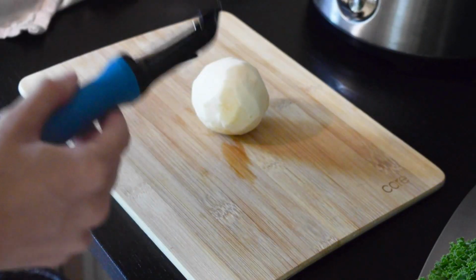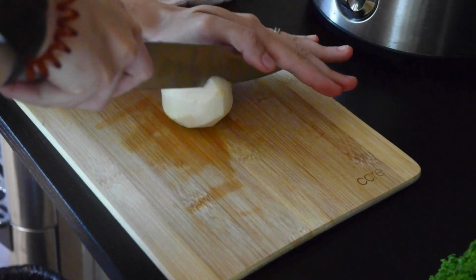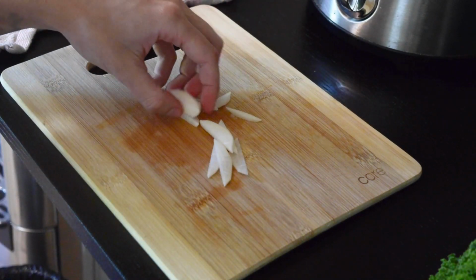and we're going to repeat the same process for our turnip, where we're going to peel it and then chop it up. The same thing can apply, you can chop it up however you like. I decided to go just with these sort of semicircle things,